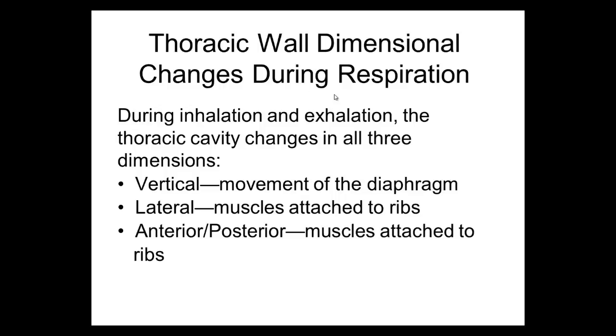Lateral, your chest wall is expanding laterally, and those will be muscles attached to the ribs, and we have what we call accessory respiratory muscles, and these will also be respiratory muscles. Anterior and posterior movements are also muscles attached to the ribs, like the serratus posterior superior, serratus posterior inferior, even the pectoralis major. All of these muscles can help in the respiration by pulling the ribs and expanding your chest cavity, not only